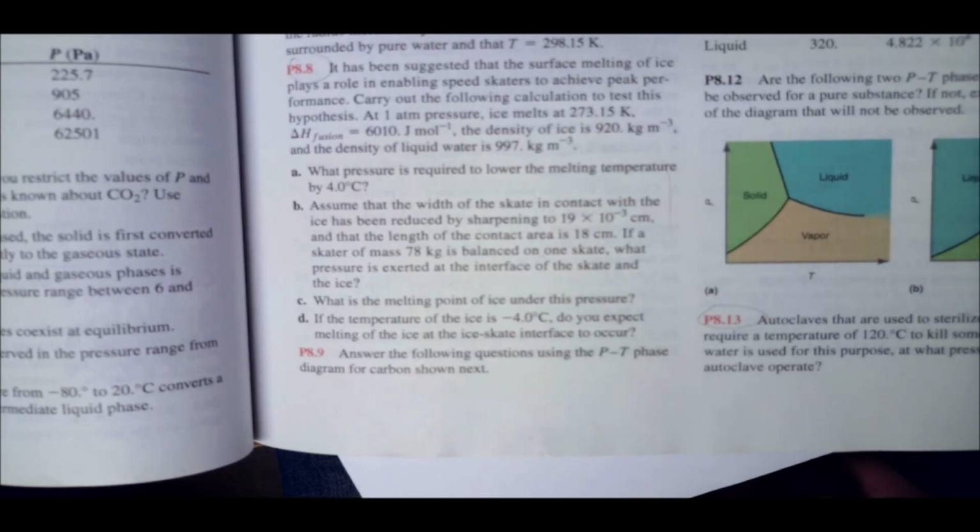Carry out the following calculation to test this hypothesis. At 1 atmosphere, ice melts at 273.15 Kelvin. The heat of fusion is 610.0 joules per mole. The density of ice is 920 kilograms per meter cubed, and the density of liquid water is 997